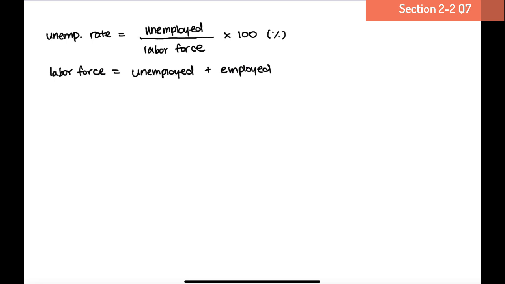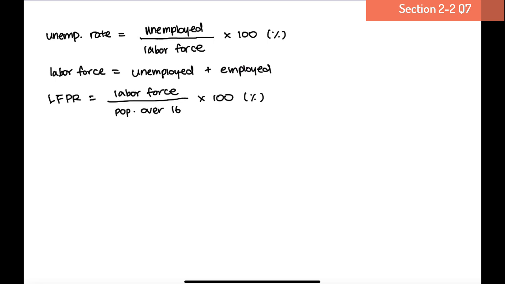We also know that the labor force participation rate is the number of people in the labor force over the adult population over 16, times 100, again to talk in terms of percentages. In other words, the labor force participation rate is asking how many people are willing to work out of the